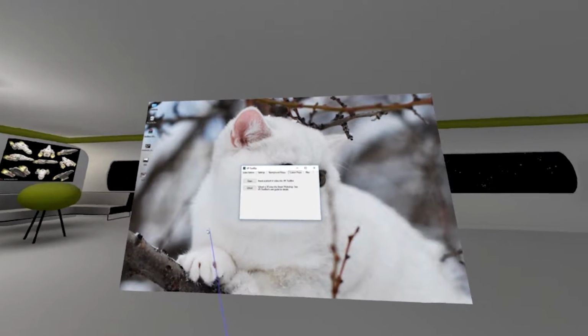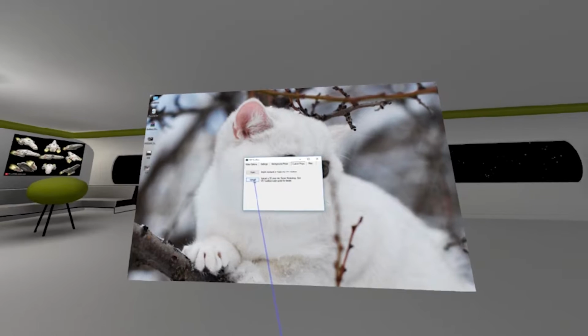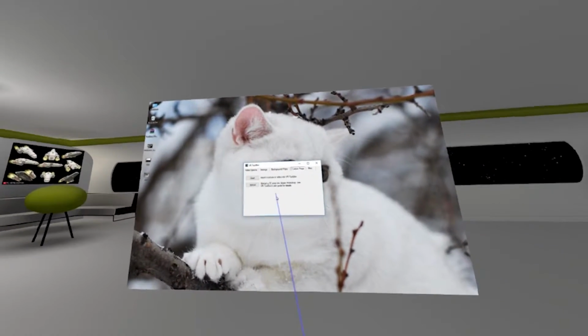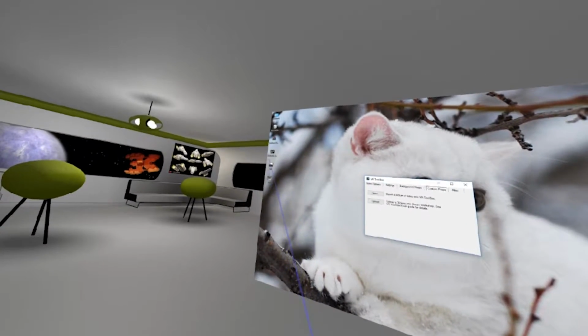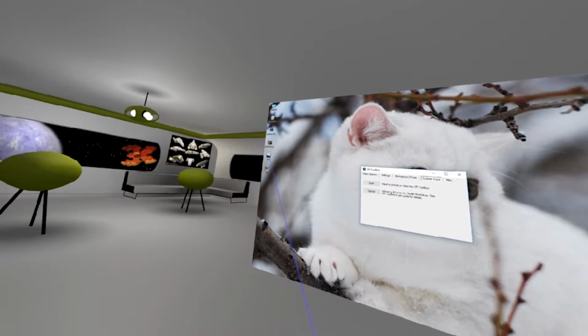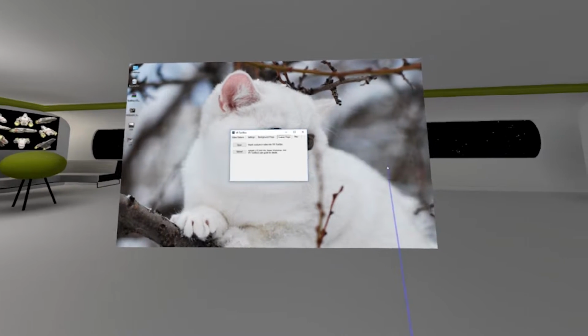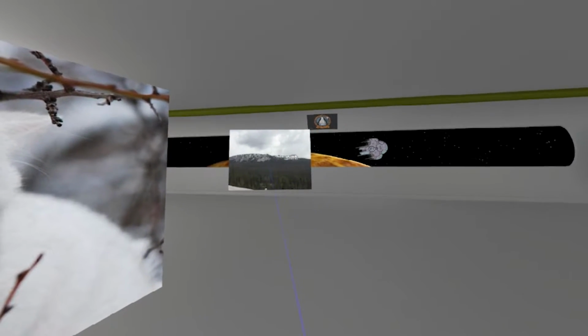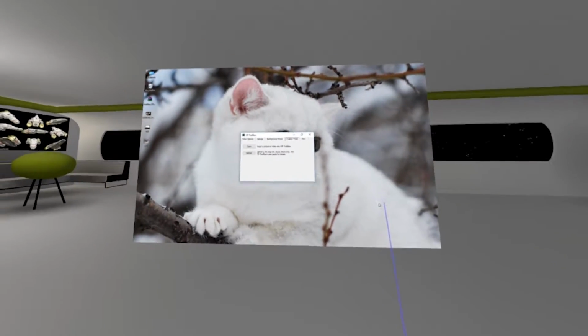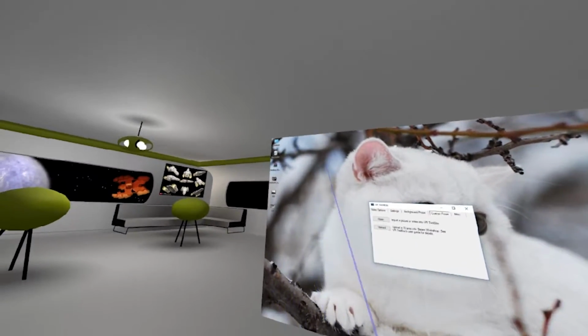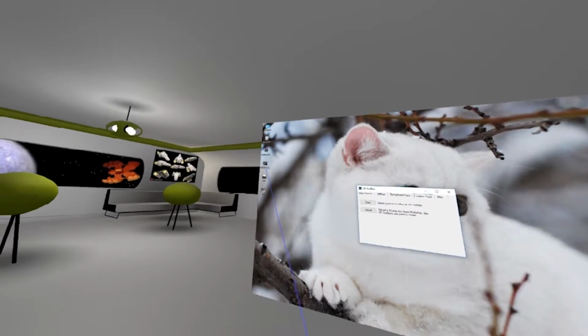Customize is where you will go to either upload props to the Steam Workshop or to open objects in the scene. Another way you can open objects in the scene just from your desktop is to drag and drop them in and open them, and you can close them just as easily. The same is true of images,